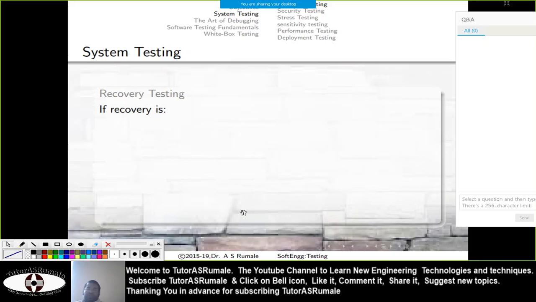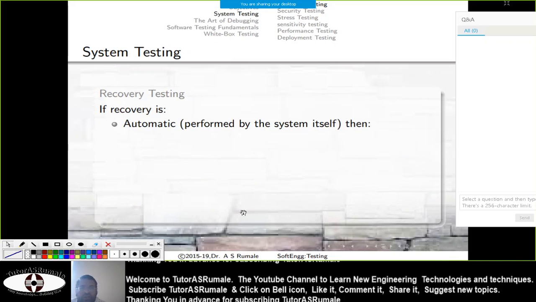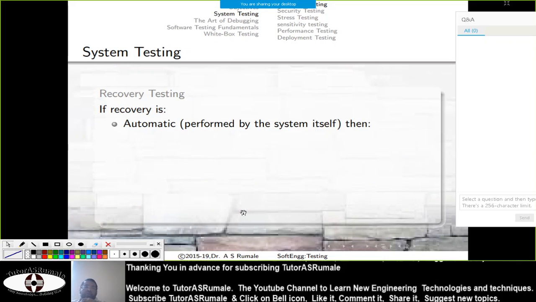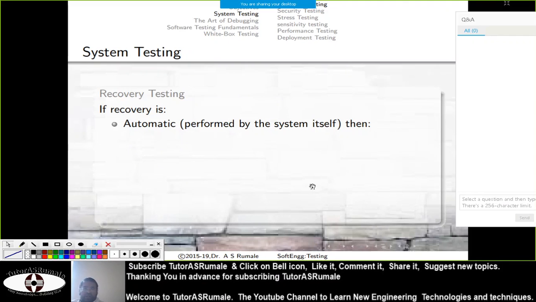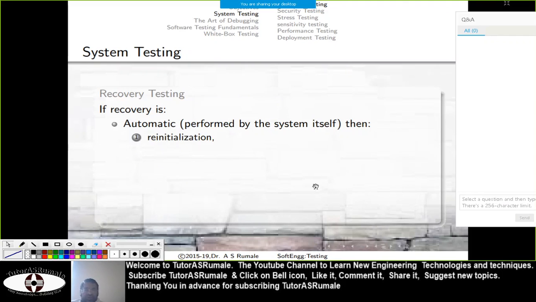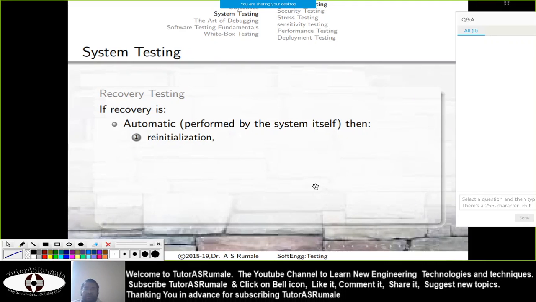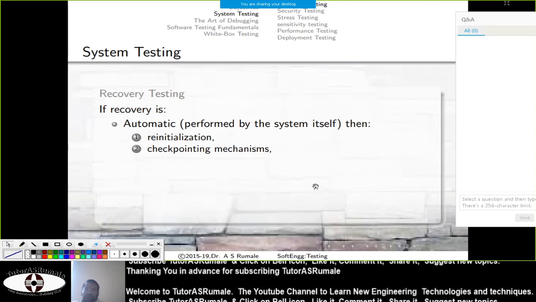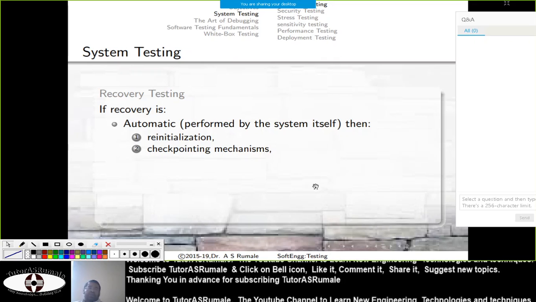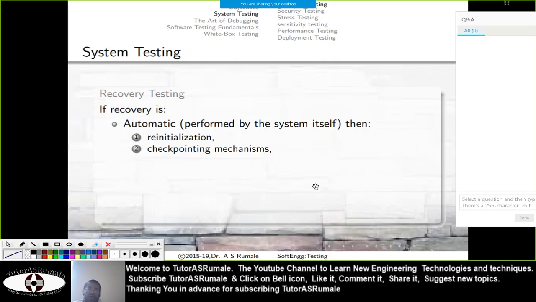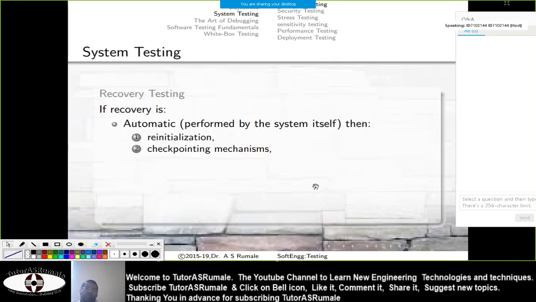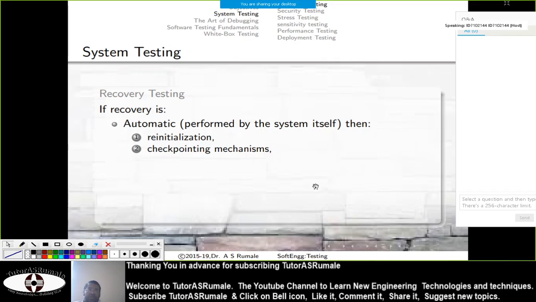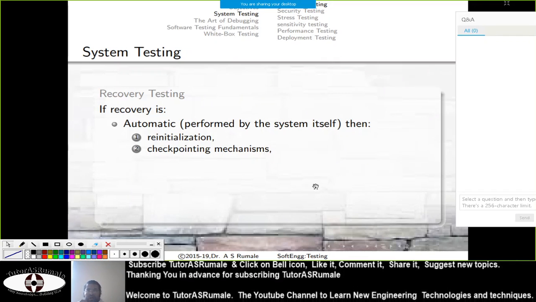Once recovery testing is there, what is recovery? It may be performed automatically by the system itself. Then you have to check reinitialization, how it reinitializes, or the checkpoint mechanism. For example, when Windows crashes, it creates a log record at the time of the crash, and all the register contents and everything in that record are checked.